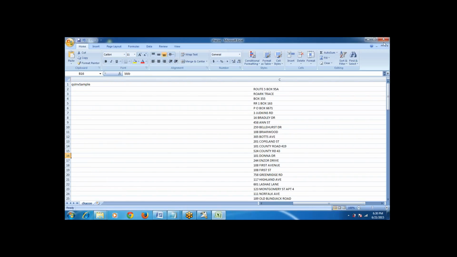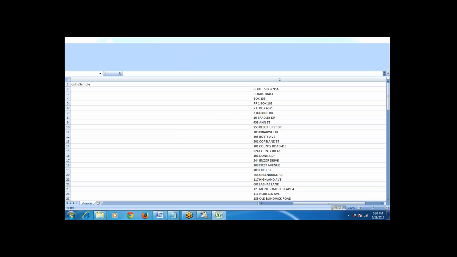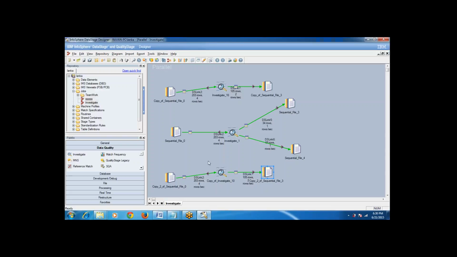Let me do one thing. Let me modify the column name to a smaller one, then we can analyze it.